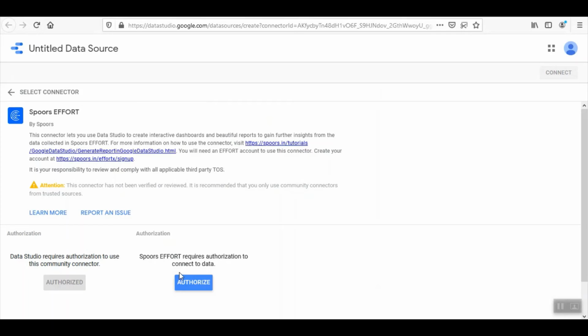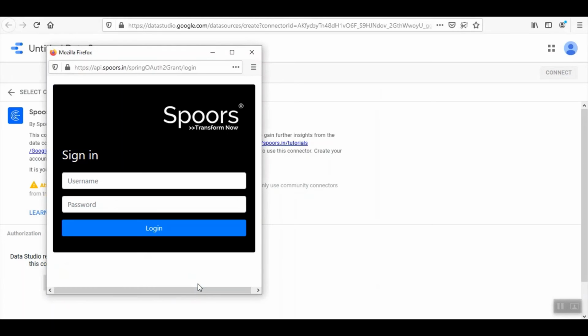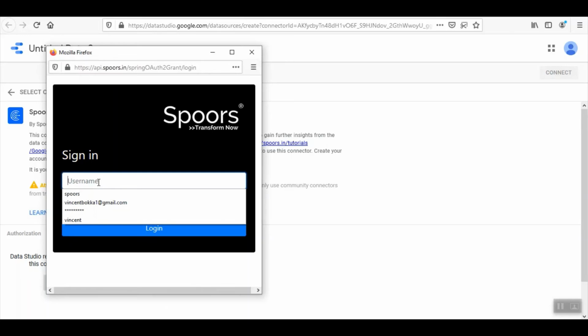Now click on the second authorize button to log into the data source itself. Enter effort login credentials here.